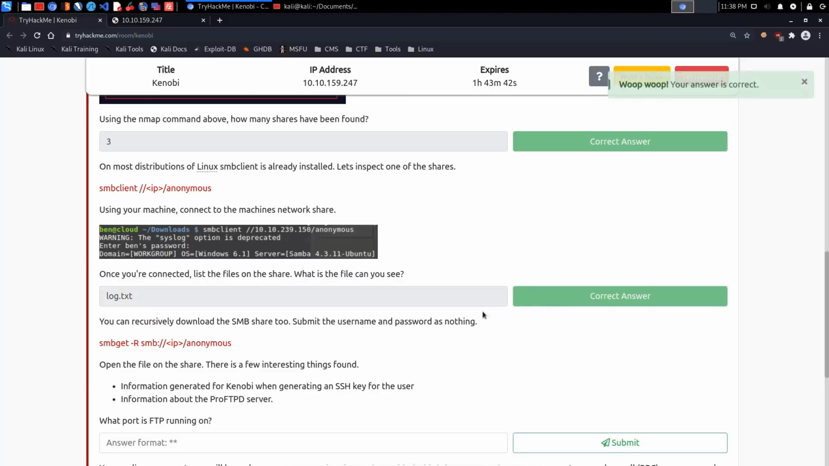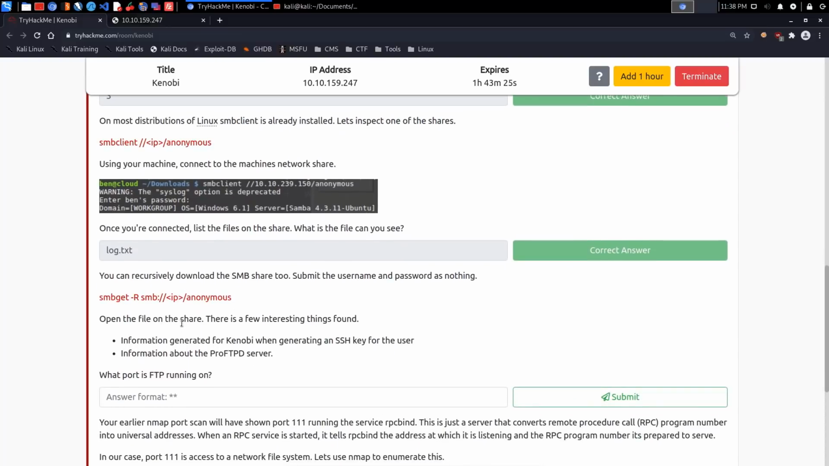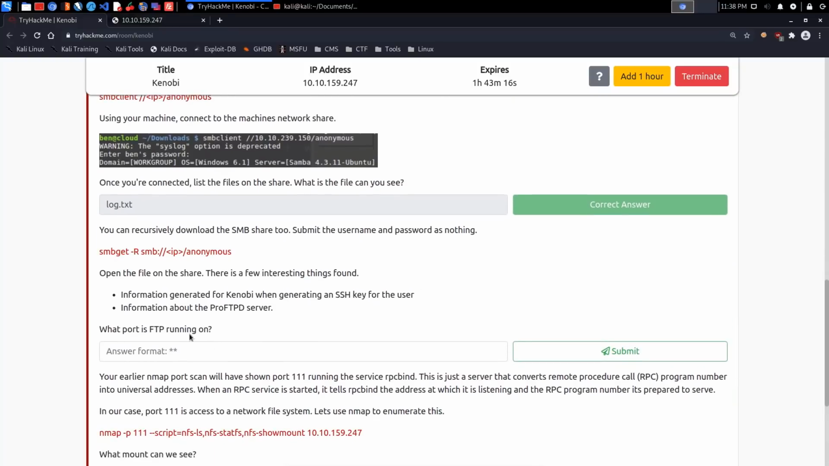And we can submit that here. It's now going to tell us you can recursively download the SMB share too, submit the username and password is nothing, of course. I think it was configured that way, but we already have downloaded the log file. So if we open the file on the share, there are a few interesting things found. Information generated for Kenobi when generating the SSH key for the user, yes. And information about the ProFTPD server, which we know is running on port 21 from the Nmap scan,